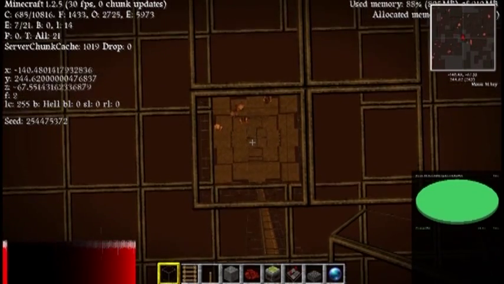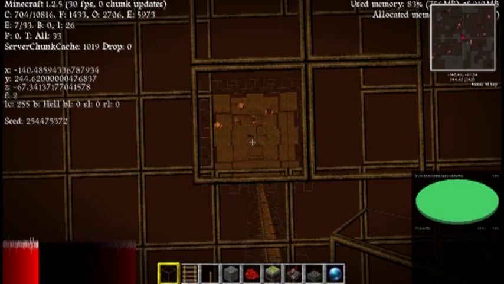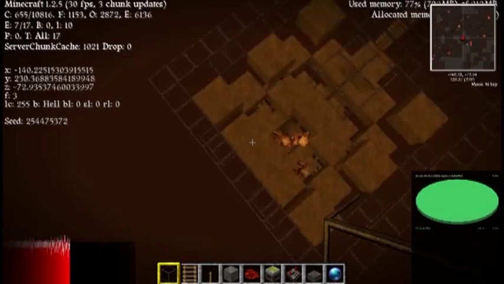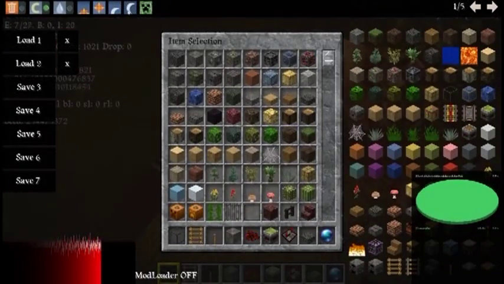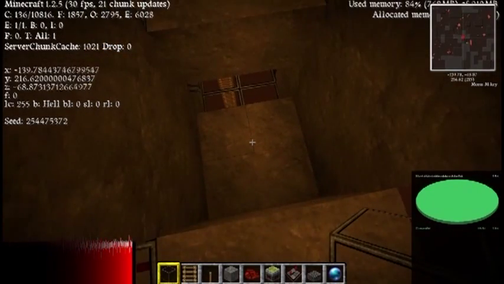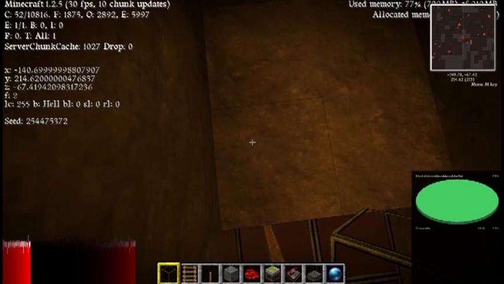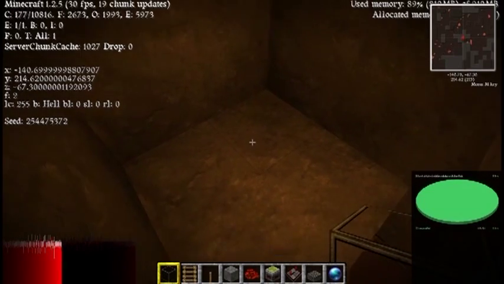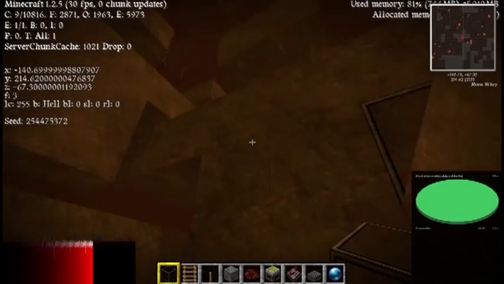If you look at my X, Y, and Z, it's 140, 244, and negative 67. So if I fly down here, and just to get rid of these, let me go to peaceful mode. So if I fly down here, this is where I was standing. You see the negative 140 and negative 67. Now this is the furthest spot from where I'm standing up there,